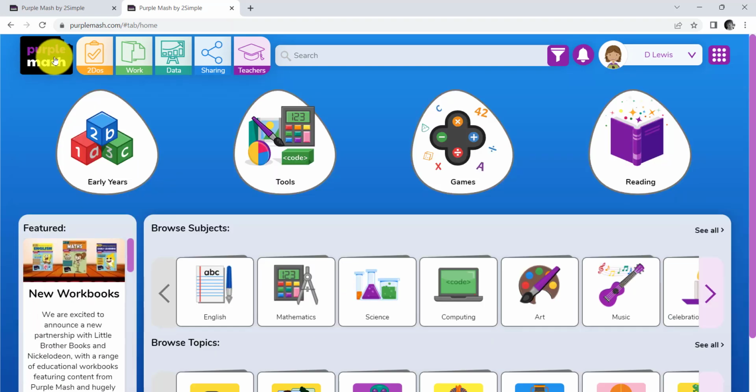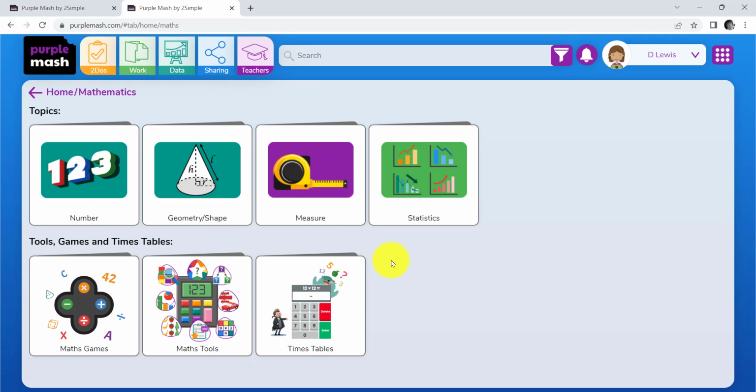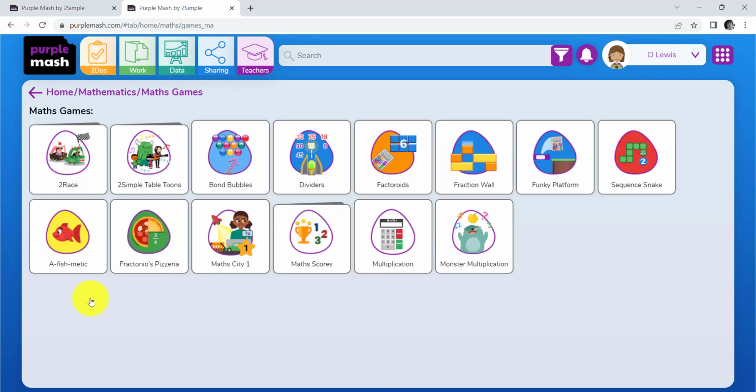Back on our home page. So you can see that you could use what's going to come in the featured panel. You can also do a quick keyword search up here. Another thing that you may not have thought about is in the maths area, looking at some of the maths tools, some of the maths games that are available. So in the games here,